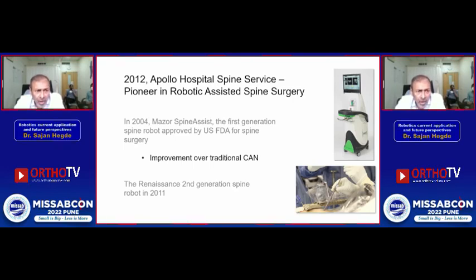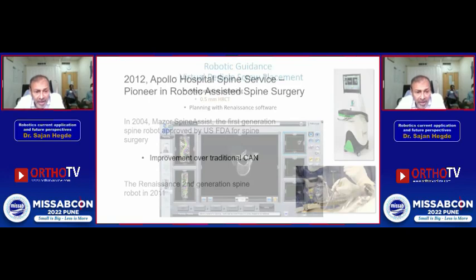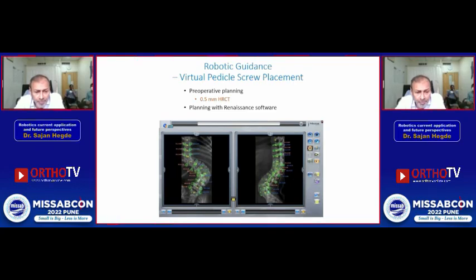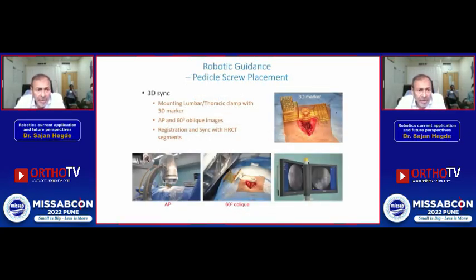Way back in 2012, we started with the Mazor Renaissance second generation robot, and we were quite happy with it. In fact, it was wonderful. It was virtual pedicle screw placement. So the day before, I would sit with a high resolution CT and plan my surgery and plan my screws and take it to the theater, and would be able to then, after doing the 3D syncing,